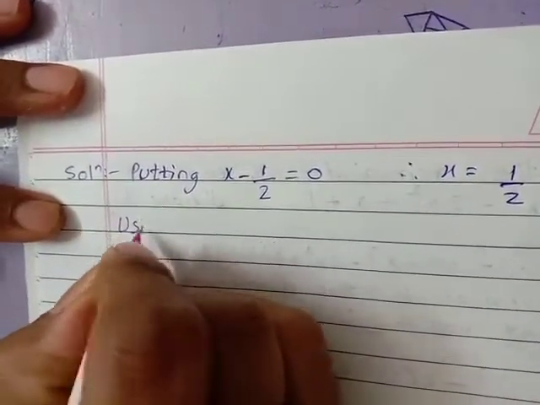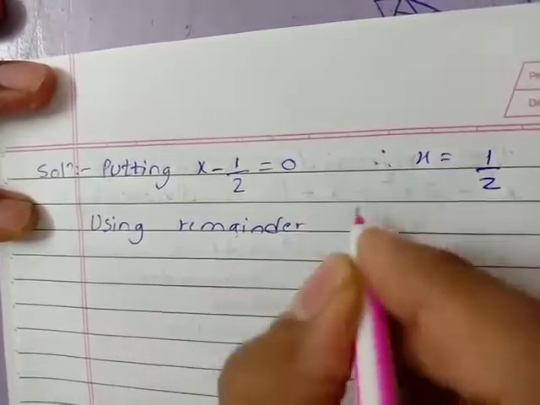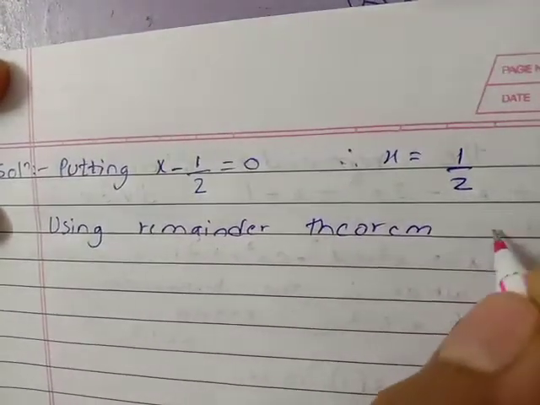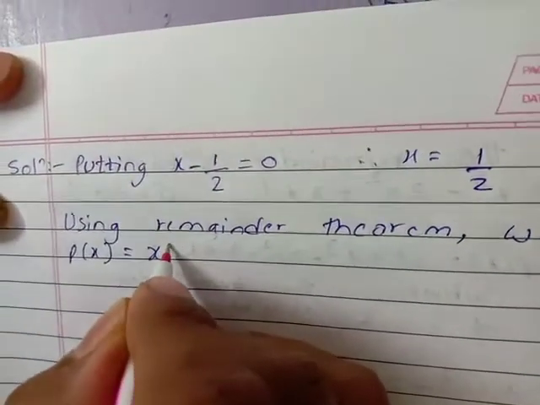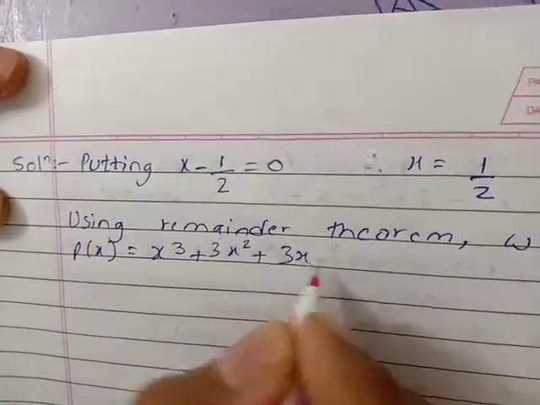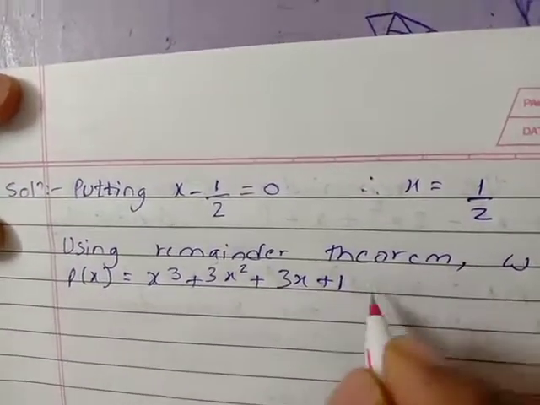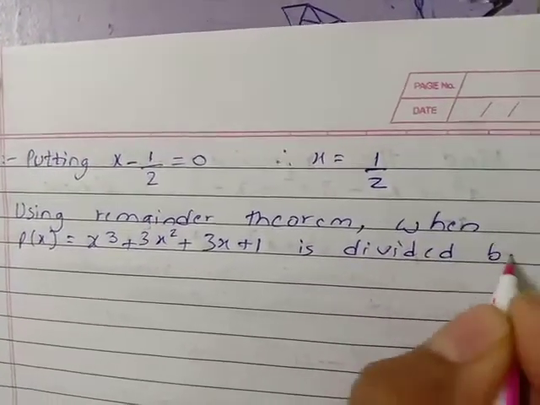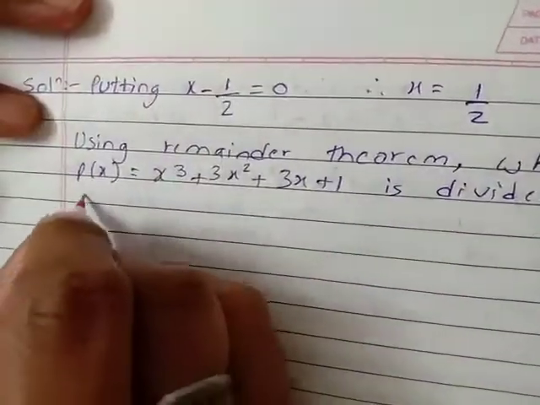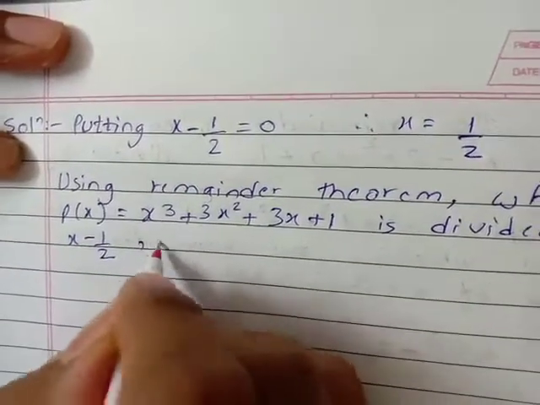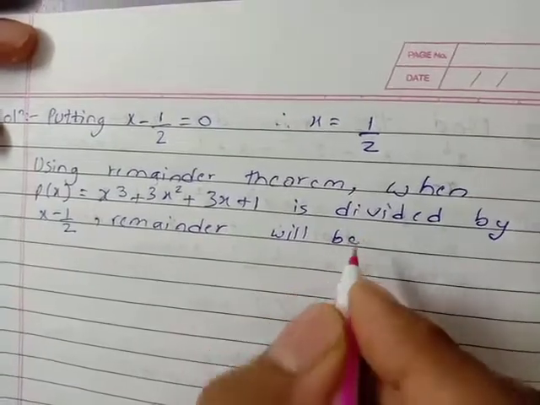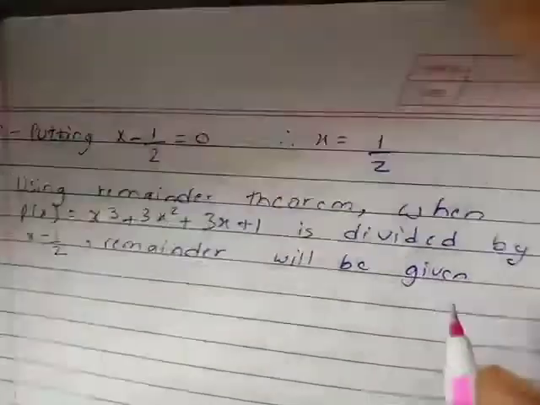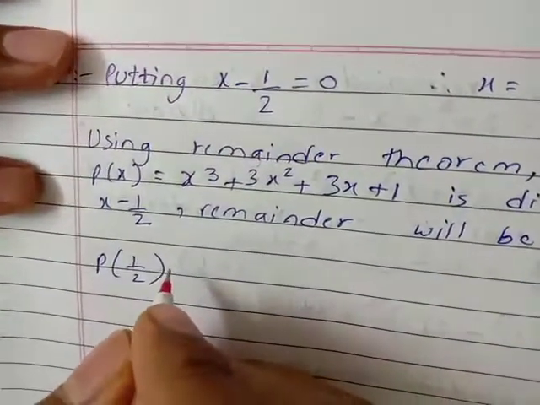Now using remainder theorem, when p(x) equal to x cube plus 3x square plus 3x plus 1 is divided by x minus 1 by 2, remainder will be given by p(1 by 2). Okay,